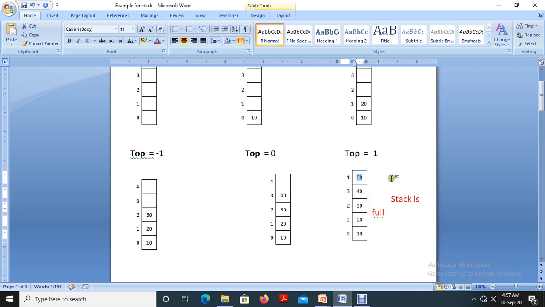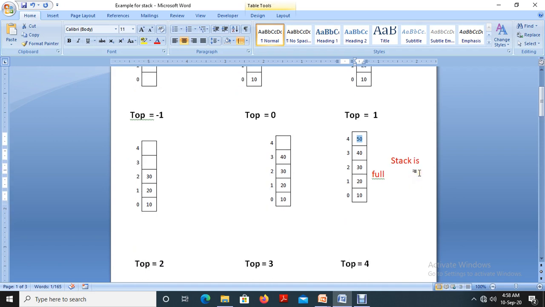The array will not accept the element 60, because the array has a maximum capacity to store 5 elements. 5 elements is the maximum limit. In such a case, the data may be rejected, and that data will be lost.